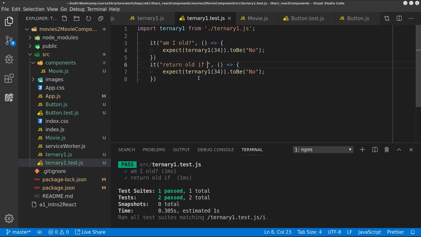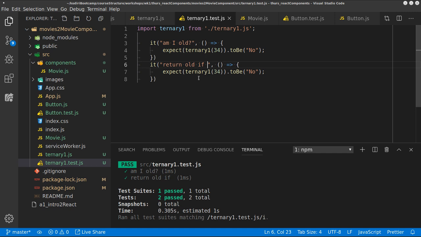Can we check that? Of course, we can check if this is a string or integer. Yeah, of course, you could do that as well. Return old if. What? I'm trying to say less than 100? No, we've already done that. So